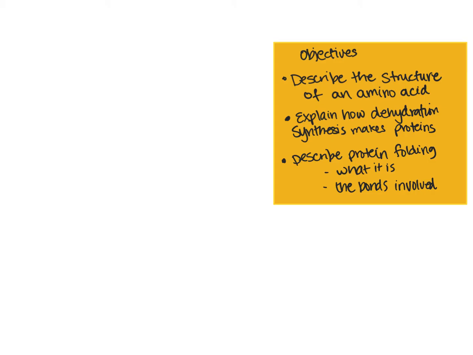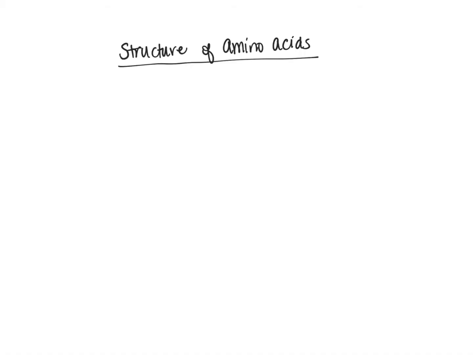So again, this is on the top portion of your mega sheet, right next to where you wrote down the basic information about proteins. So when we're describing the structure of an amino acid, we always begin in the center of the molecule. And the center of the molecule is going to be a carbon. Now I recommend you don't write this down until I'm done drawing the complete molecule. At that point, I will go ahead and say to stop the video so that you can pause the YouTube video. That way you can focus on learning the material and then copy it down once I have completed the